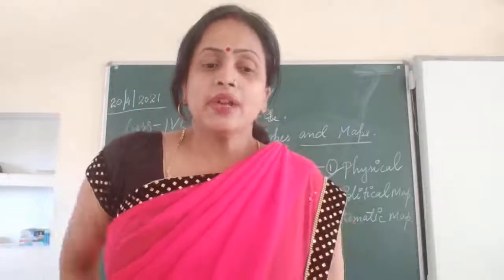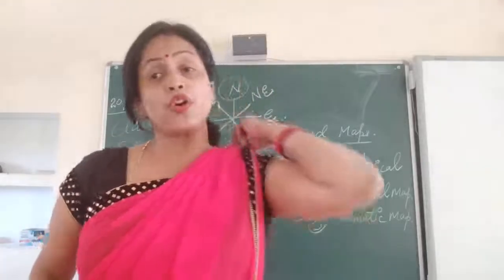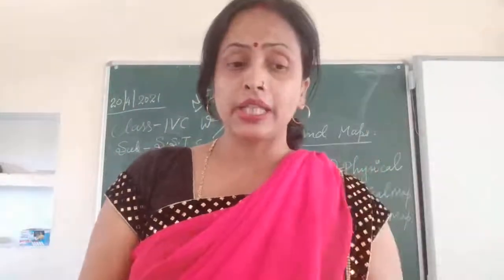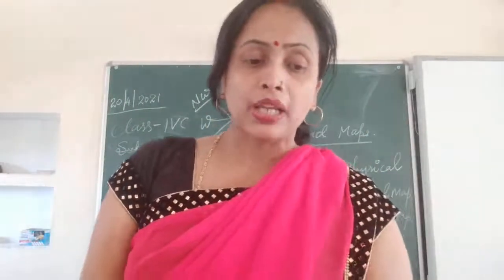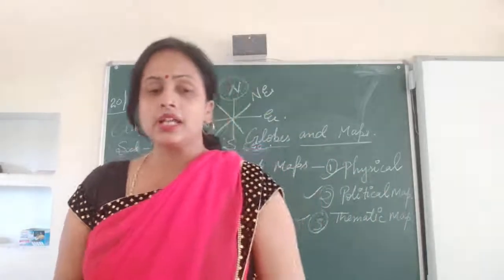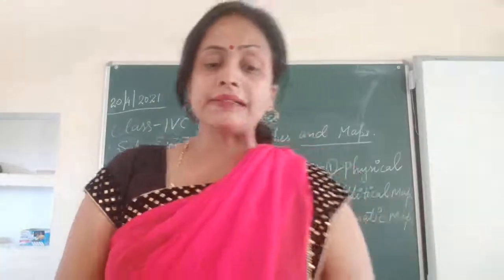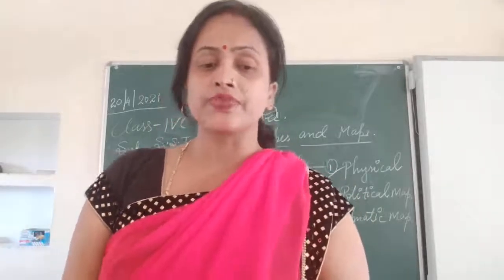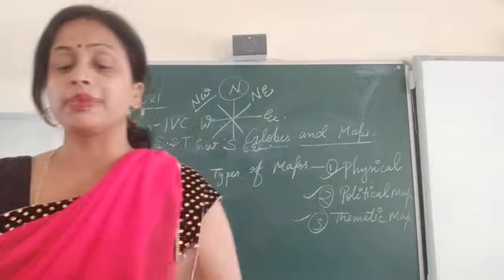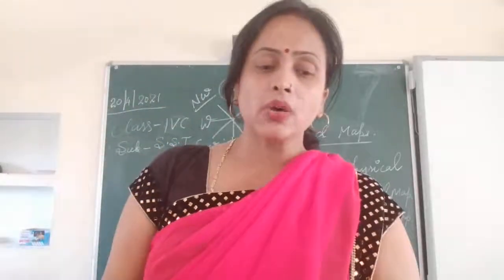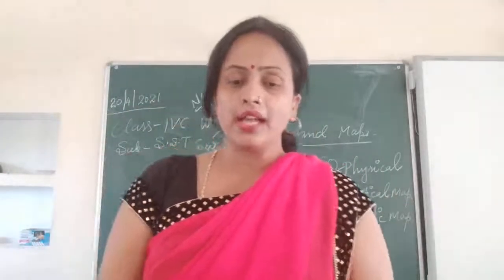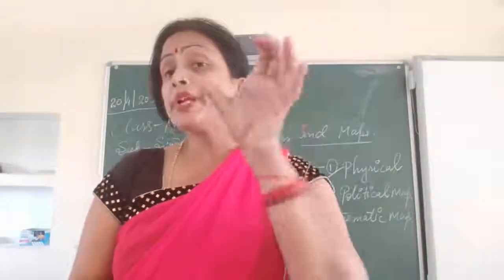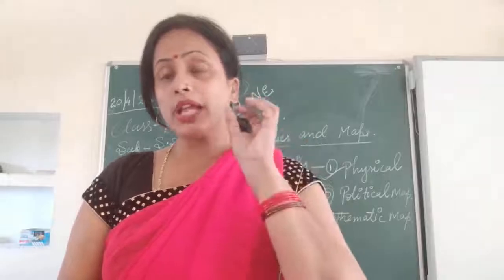Now, another one is what? Another language of the map is what? Color and symbol. Color and symbol are very important. Okay. So here you see the color and the symbol. There are certain standard colors and symbols used in the map to show different features. For example, green stands for plains and lowlands, brown for mountains and highlands, yellow for desert, and blue for water bodies. So a particular color is allotted for a